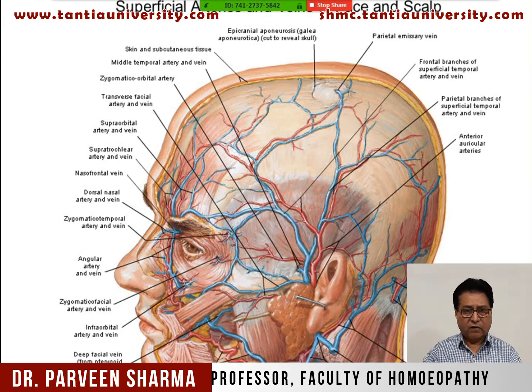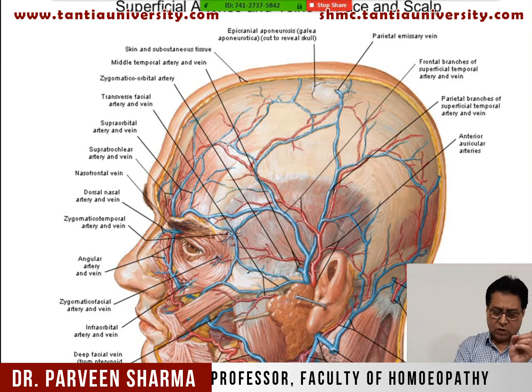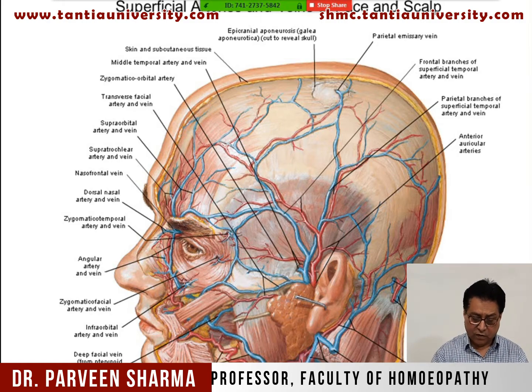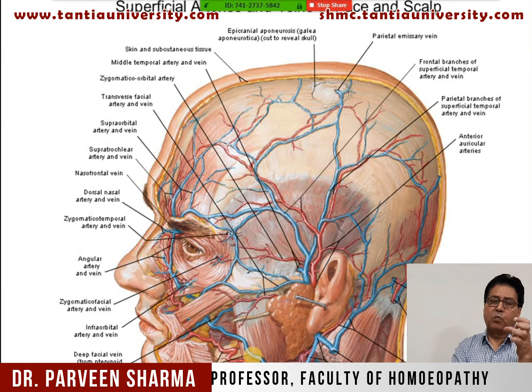And here the facial artery course is tortuous. Tortuous means zigzag. Why nature has given us the tortuous course? Because when you open the mouth, artery has to expand. So if it is not tortuous, the chances of rupture are there. If you see the back of this artery, you have facial vein, which is not that tortuous, okay, rather straighter. But the vein has more elastic fiber. So when you open the mouth, elasticity is there in the vein, so vein can expand. But artery has comparatively less elastic fiber, so nature has given the course of the artery is zigzag.